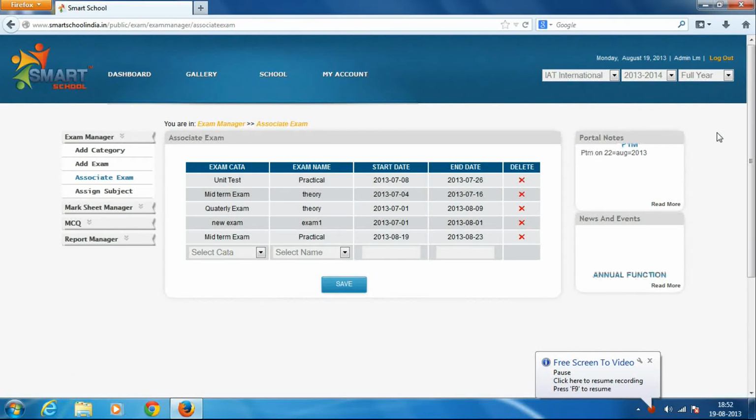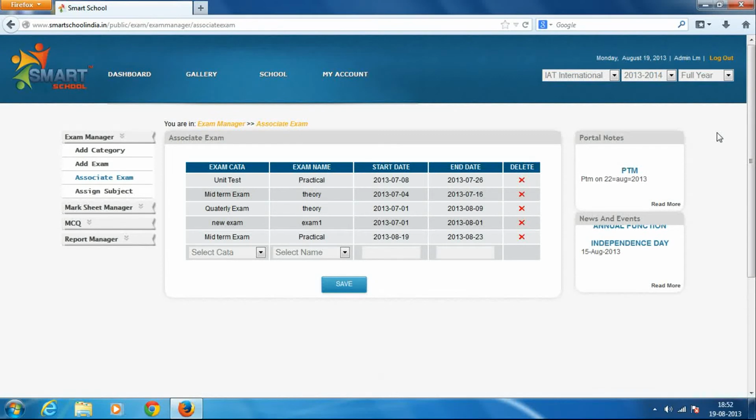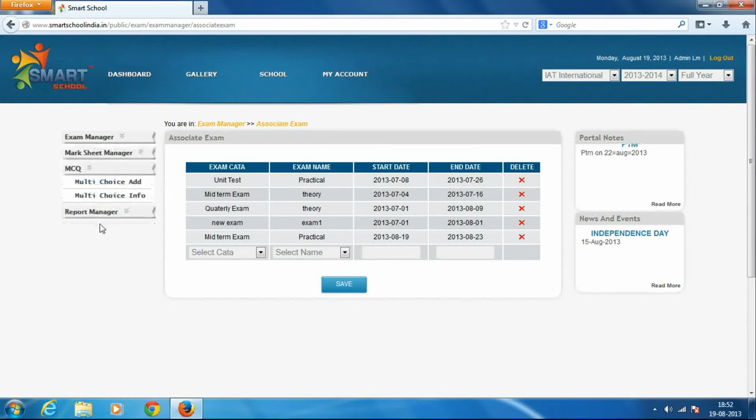For the exams conducted in schools, a report card can be generated so that parents can log in into their own account and can check their child's progress report or breakdown report. And the school also can create online examinations subject wise, class wise.